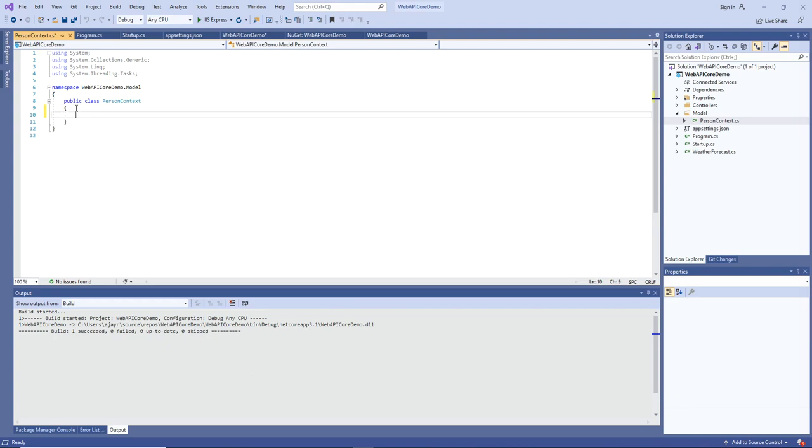Okay, so for you to do the transactions with the database, you have to actually have a context class if you're using Entity Framework. So this context class must inherit from the DbContext class. Okay, so this class should inherit from the DbContext class, and I want to create a constructor